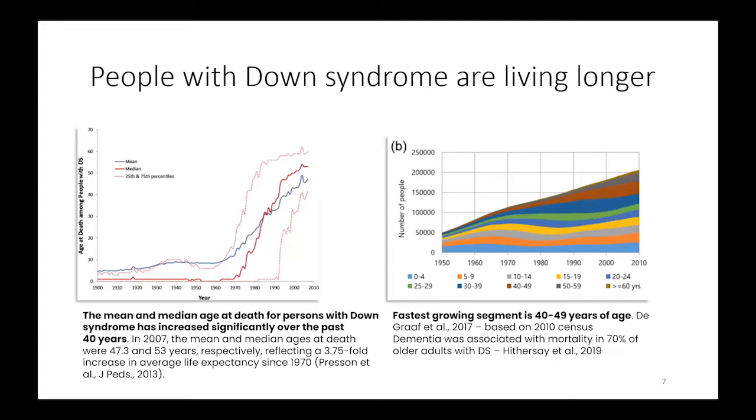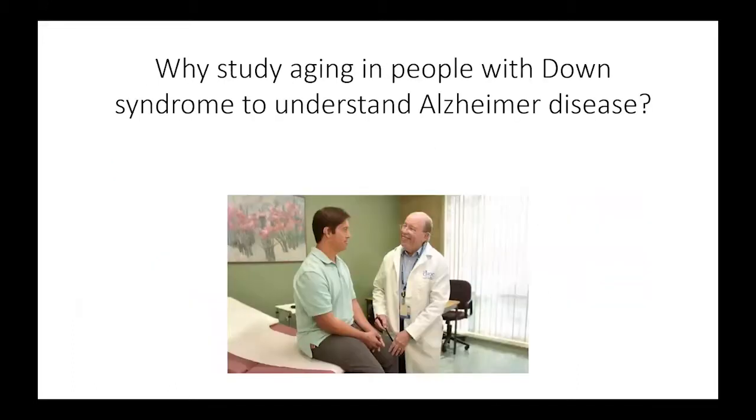And that's potentially going to have a hit on our support systems, because how do we take care of people with Down syndrome when they have dementia and potentially their parents are much, much older, demented themselves, or possibly have passed away? So that's something that we'll need to think about very, very soon. So why should we study Alzheimer's in people with Down syndrome? What does this tell us about Alzheimer's disease in the general population?